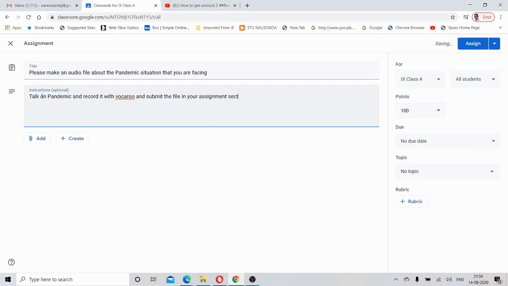Okay, so I'm giving some instructions on how to record, and what tool we need to use. So all that I'm giving in the instructions.